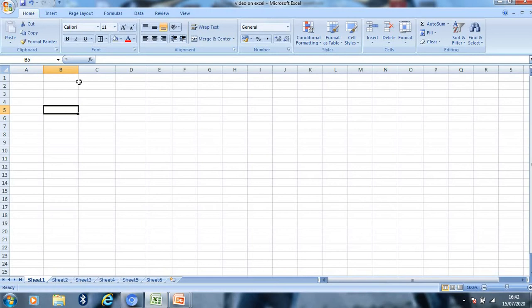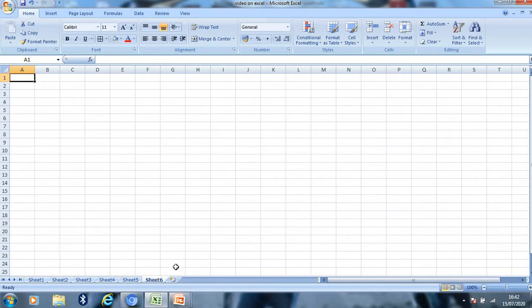Now a big question comes here. As you know, when I insert a new worksheet to my Excel spreadsheet, the width of the column or the height of the row is not adjusted according to our data. If I want to adjust the width of my column or the height of my row according to my data, how can we do that?